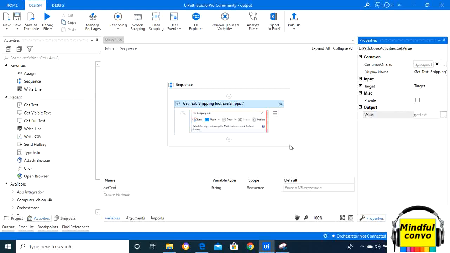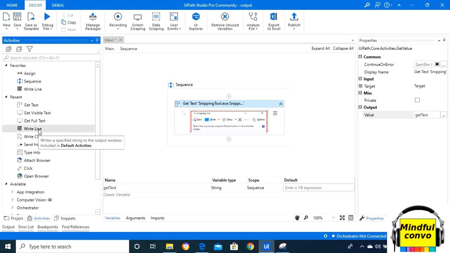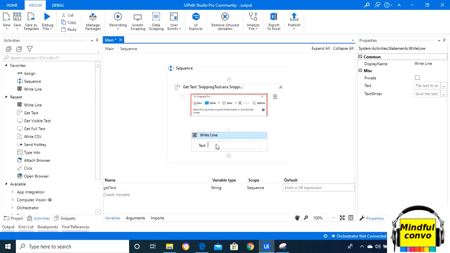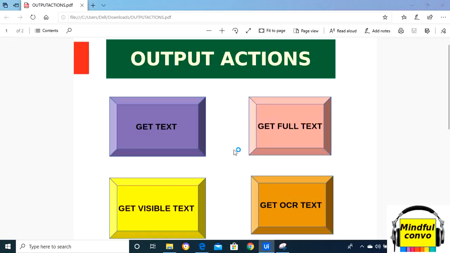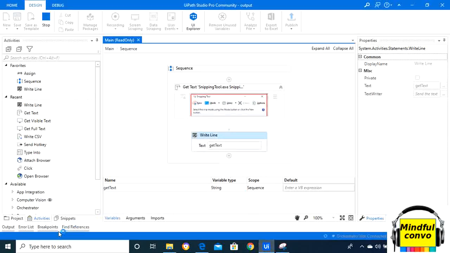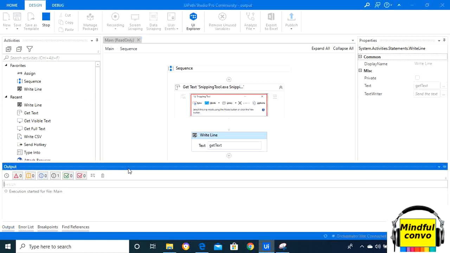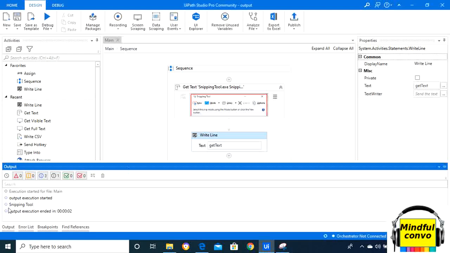Okay, now we will use the write line method and write the text in the output window. So when I run the file, what output will it give me? Let's see here. See, it gives us "Snipping Tool" as output.